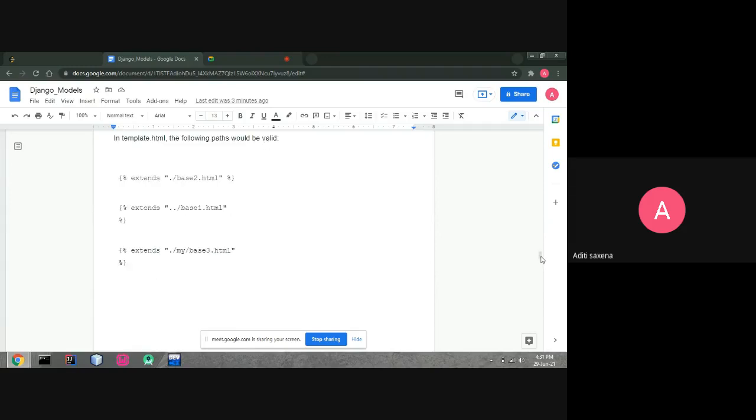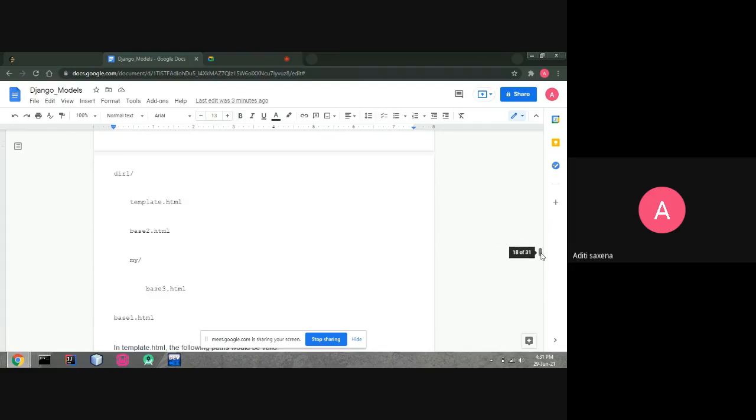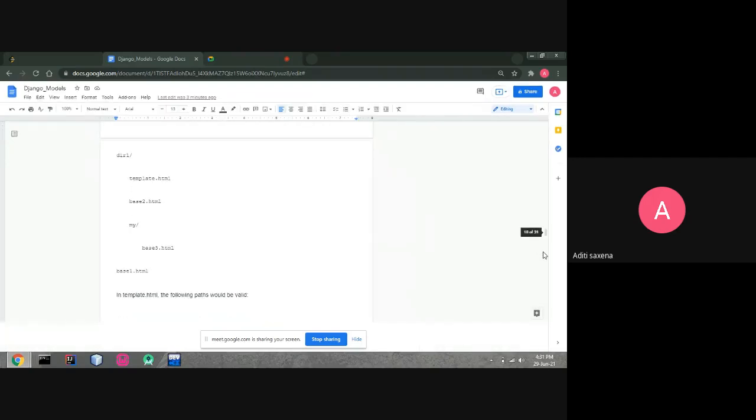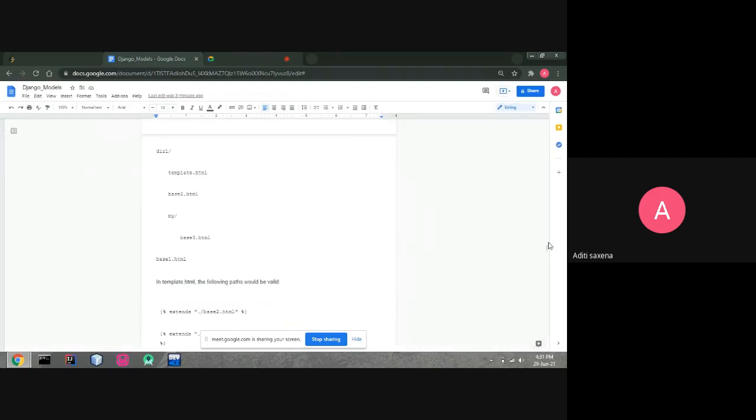Extends: this file can inherit base2.html, because it is in the same folder.